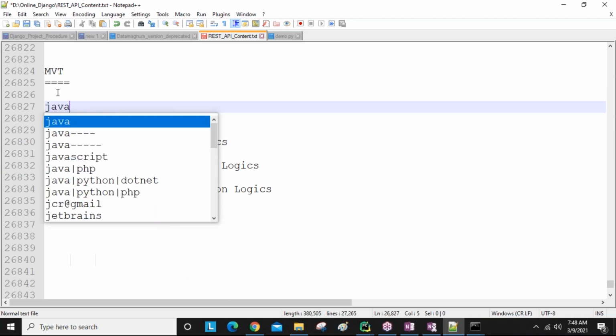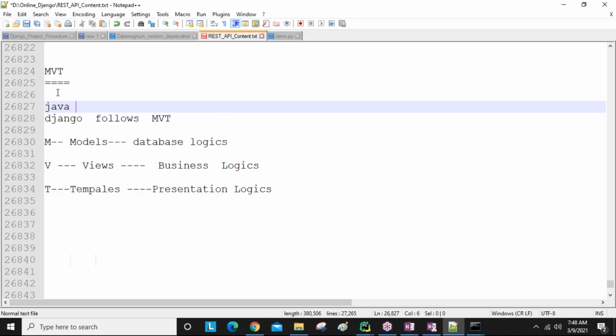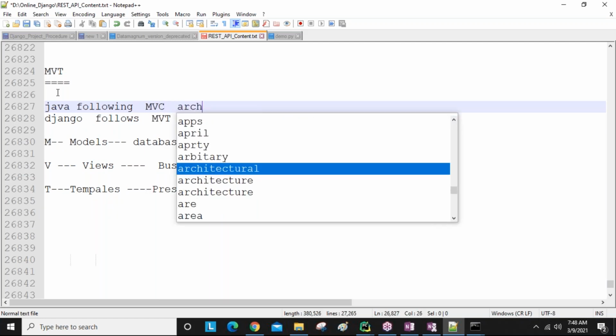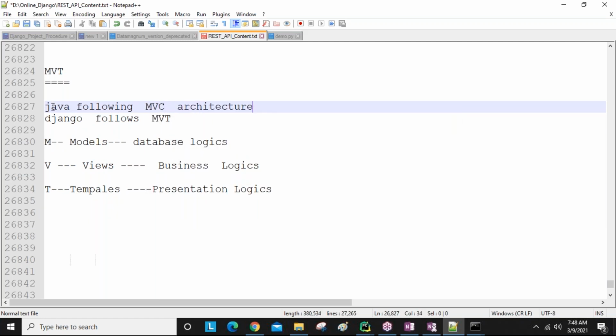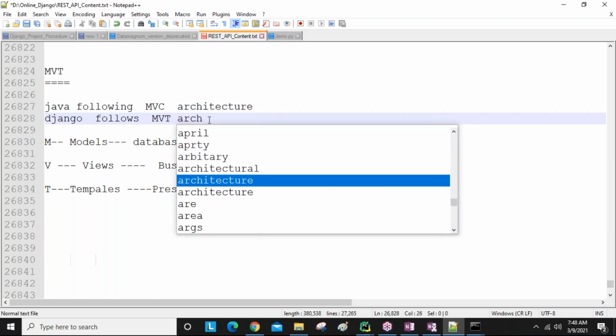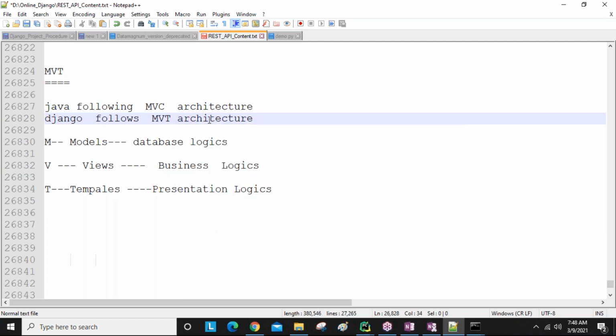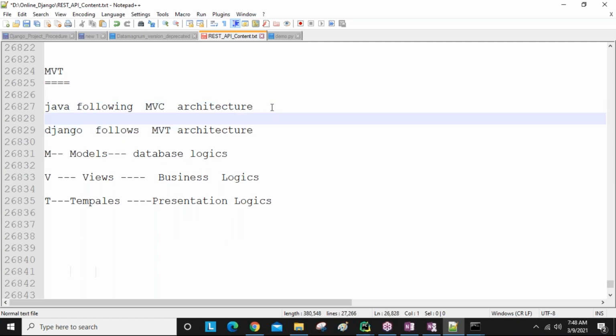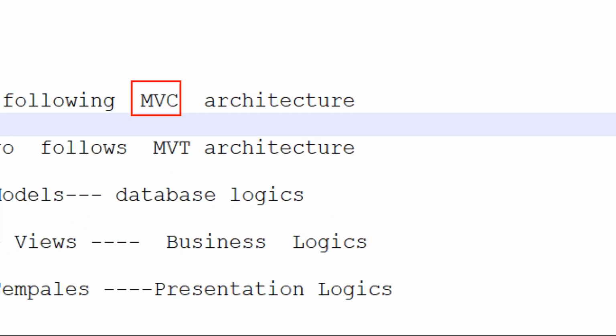Simply, I'm telling here Java: Java follows the MVC architecture. Our Django follows the MVT architecture, guys. A small difference is there, you can see. MVC for Java, MVT for our Django.